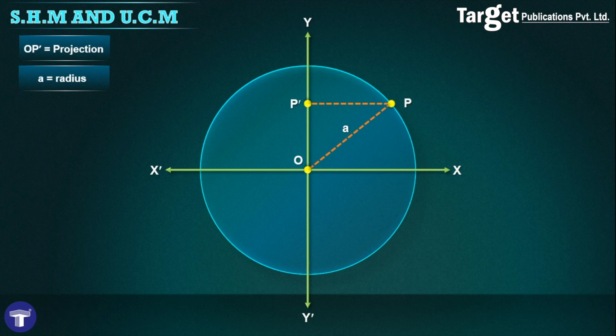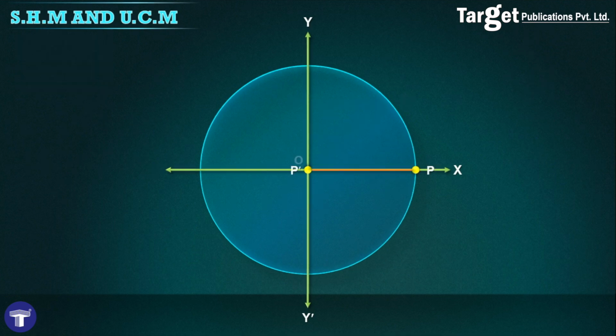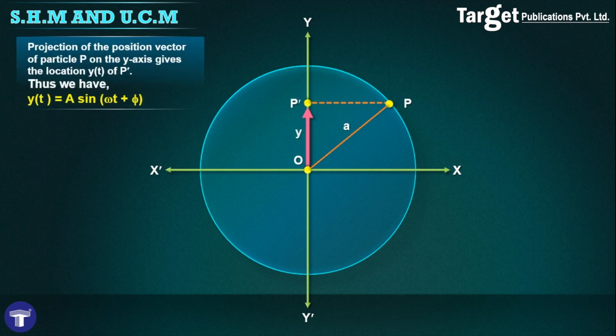A is the radius of the reference circle. Observe closely how the projection OP' moves as P performs uniform circular motion. You will notice that OP' undergoes simple harmonic motion. This is evidenced by the fact that the length of OP', which is nothing but the location of P', is